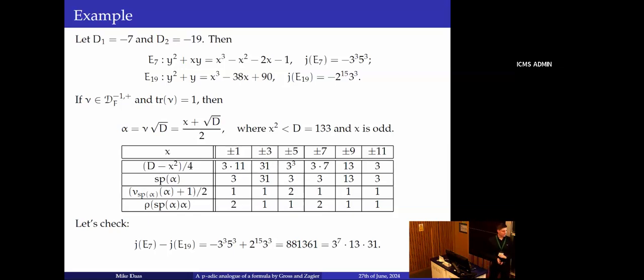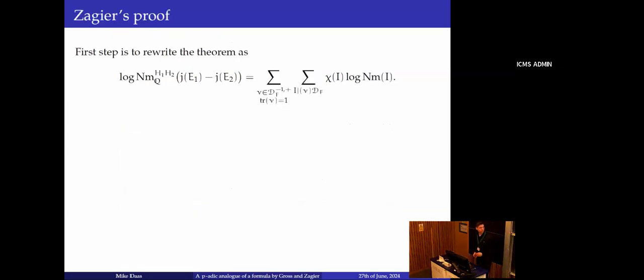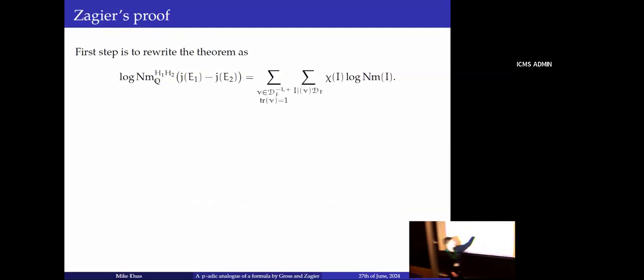But Zagier did it in a very different way. He didn't look at prime factorizations. What he did is he just got an equality of these 2 numbers on the nose. And the way he did it can roughly be described as follows. He rewrote the theorem in the following way. So this very long single sum that I had in the theorem can be expressed a bit more concisely by